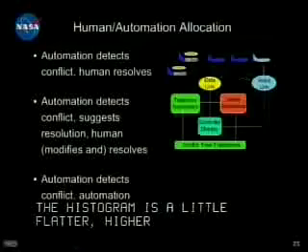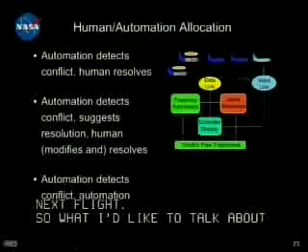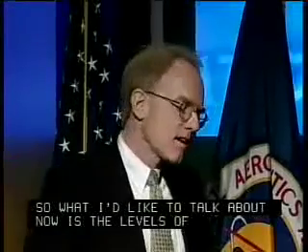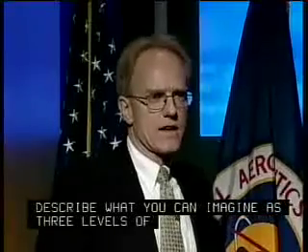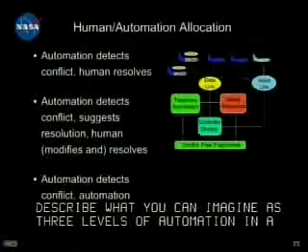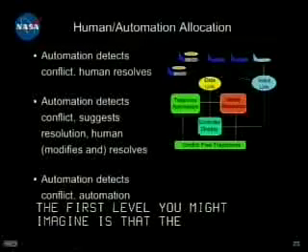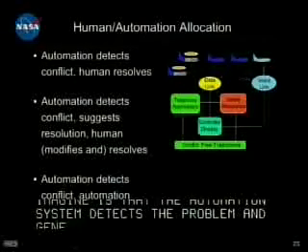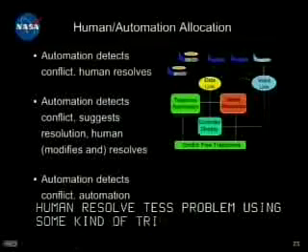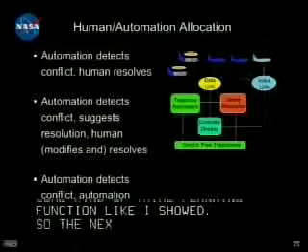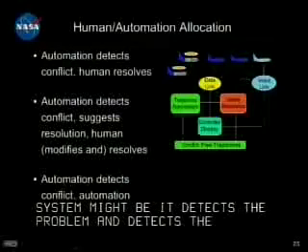Okay, next slide. Now I'd like to talk about the levels of automation. In this slide, I describe 3 levels of automation in a highly automated separation assurance system. The first level you might imagine is that the automation system detects the problem and generates a list of conflicts like I showed earlier, and the human resolves the problem using some kind of trial planning function like I showed. The next highest level might be that the automation detects the problem and suggests a resolution, and then the human looks at the suggestion and modifies it as necessary or as they see fit,